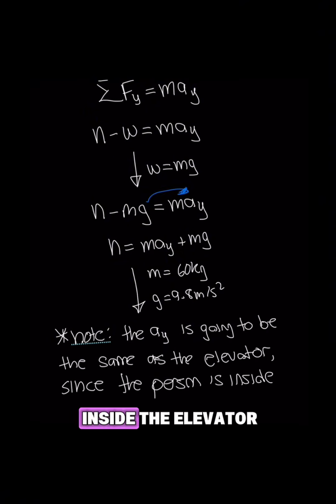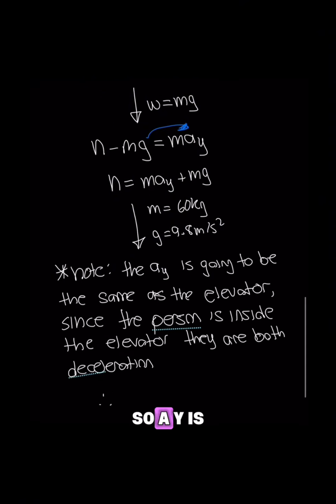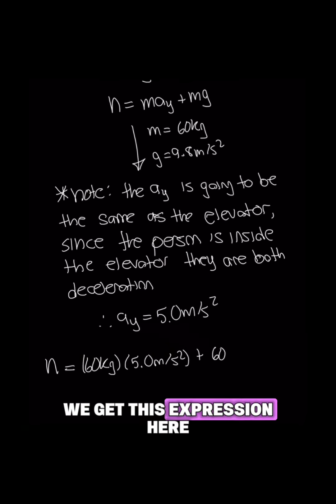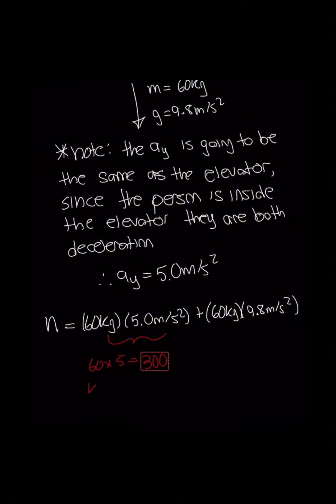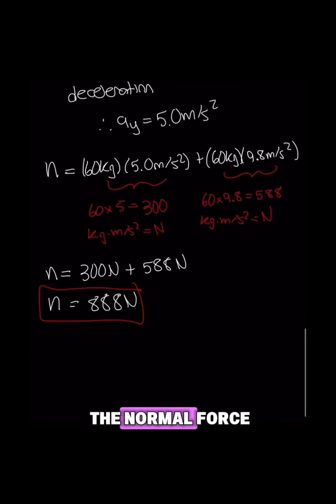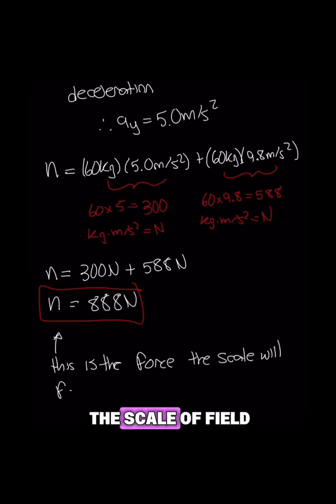Since the person is inside the elevator, they are both decelerating, so a_y is going to be equal to 5.1 meters per second squared. So we can plug this all in and we get this expression here. We can compute the terms, remembering to multiply the units and the amplitudes, do a simple addition and get this for the normal force. And this is going to be the force that the scale will feel due to the